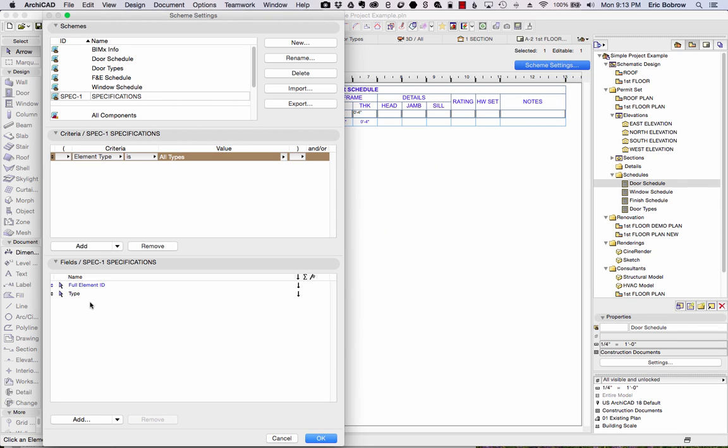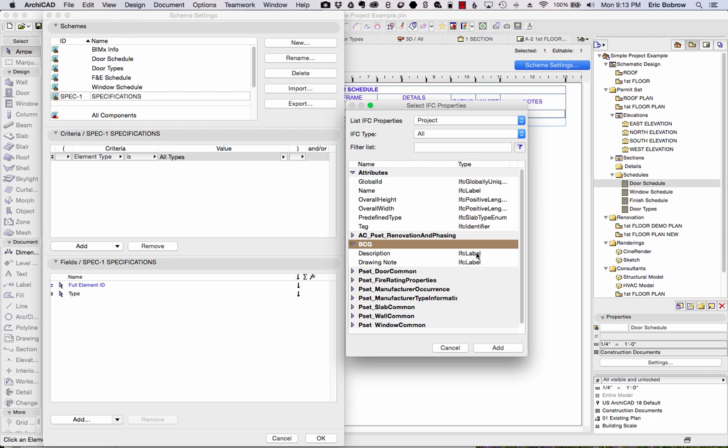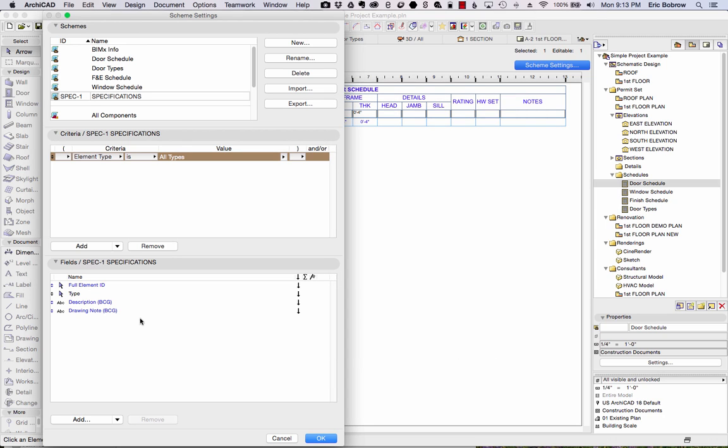Now, in order to get access to the information that we were just talking about, the drawing note and the description, instead of clicking the Add button, we go to the little triangle and press down where we can say Add IFC Properties. So when I click that, now I have access. Here's that BCG grouping, and we can go here and say I'd like to add the drawing note and the description. I can actually select more than once and add them. And maybe I want the drawing note first, so I'll just drag it up, and then the description. So now when I say OK,